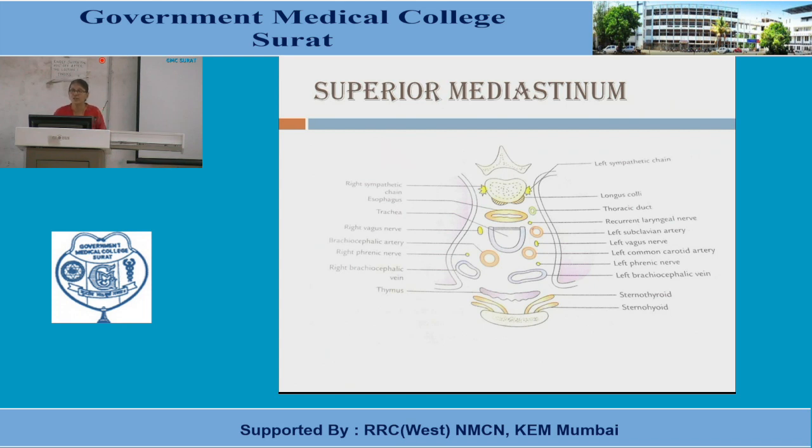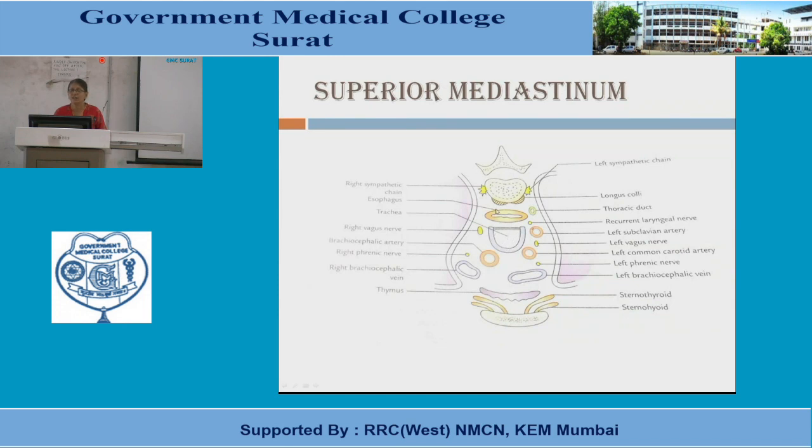अगर थोड़ा नीचे section लेंगे तो फिर arch of aorta section में आ जाएगा, which is also a content of the superior mediastinum. Okay. This is left vagus. Now see the right vagus. It is on the surface, this lateral surface of, right surface of, you can say, trachea. So you can look for this on the right surface of trachea, that is right vagus nerve in superior mediastinum.